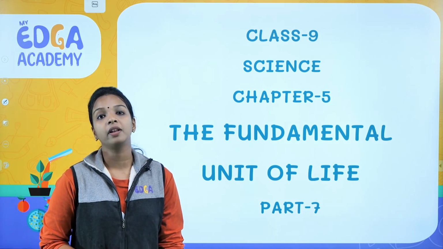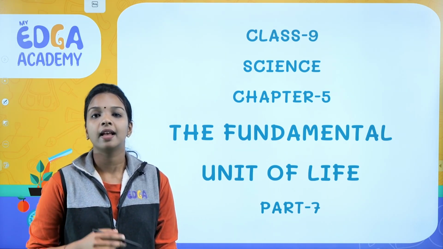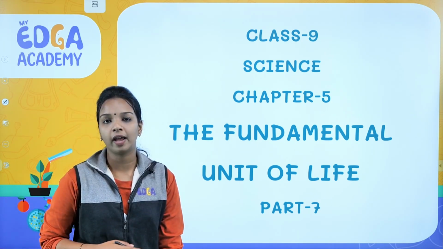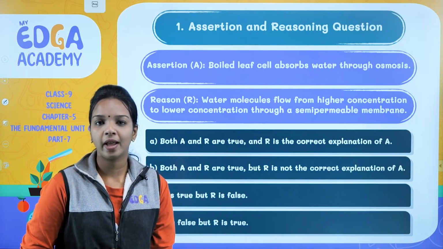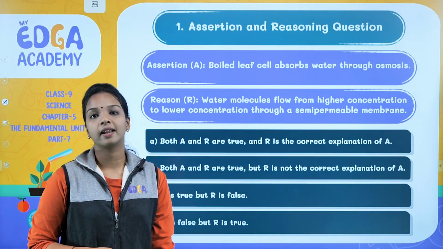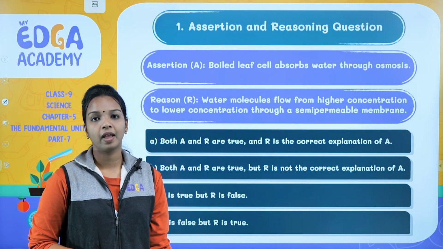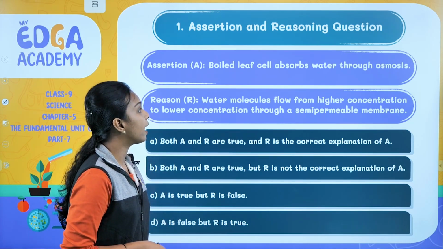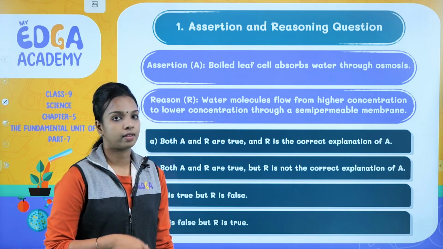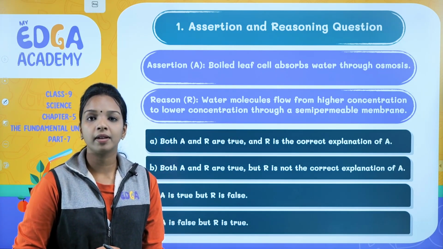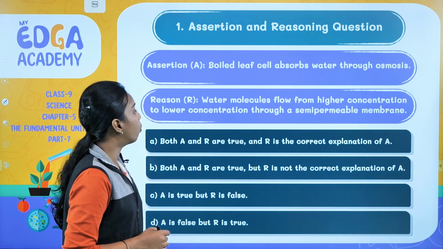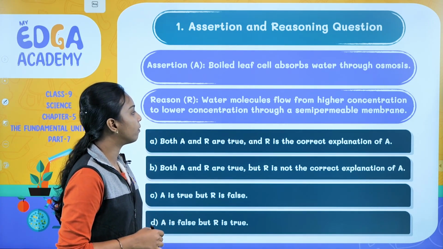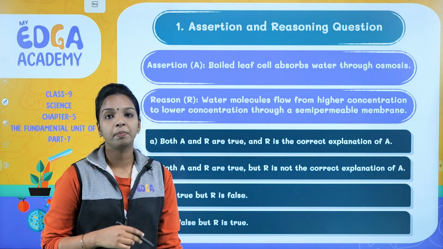In today's session, we are going to discuss some questions based on the chapter Fundamental Unit of Life. Let's start today's session with an assertion and reasoning type question. The assertion statement is: boiled leaf cell absorbs water through osmosis. And the reason statement given in support is: water molecules flow from higher concentration to lower concentration through a semi-permeable